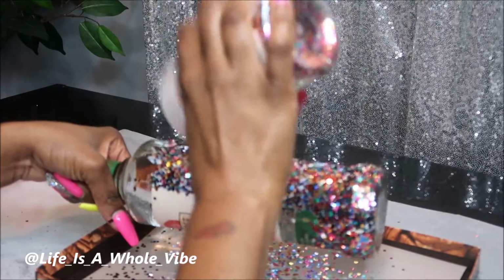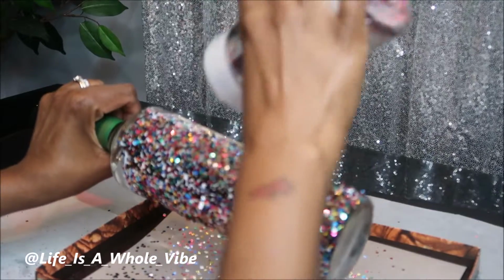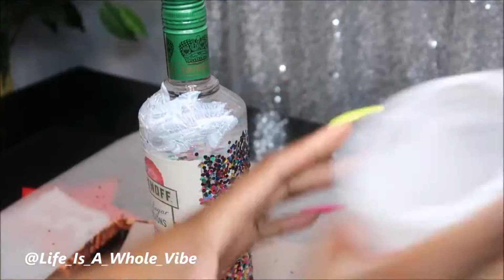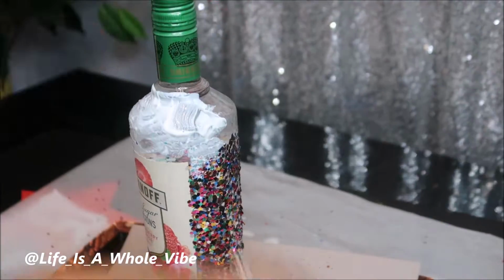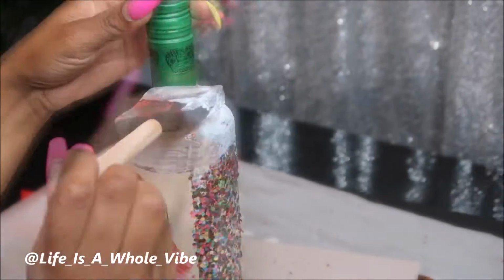Whether you use a fine glitter or a chunky glitter is completely up to you. You can use any color you like. This makes a very affordable and very pretty birthday gift, or just something to have as decor on your home bar. And I'm working my way up to the top, adding a nice amount of glue,